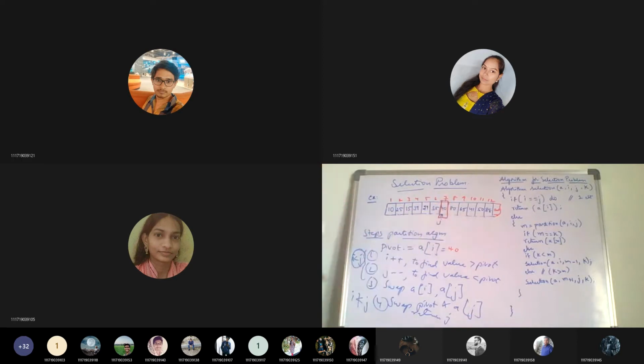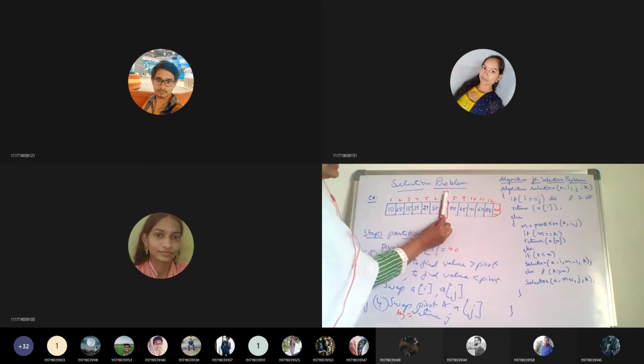So that means this is the partition position, and the value returned, J, will be stored in, say, some m. Okay, so I am calling this some m. Partition position, whatever is returned, I am storing it in m. Now once you get the partition element position, all the elements towards the left of this are less than 40, is it not so?